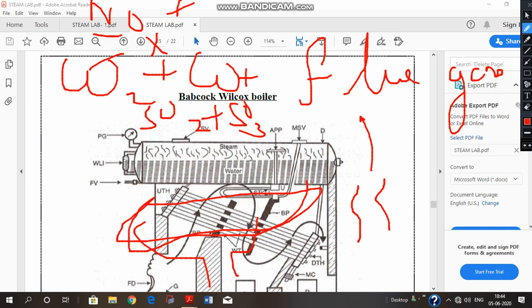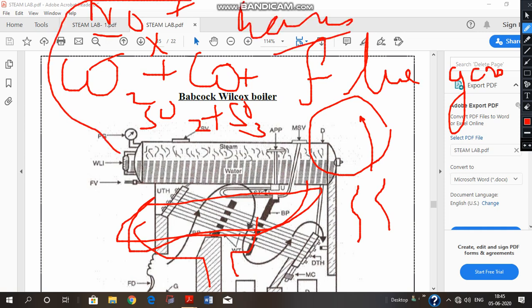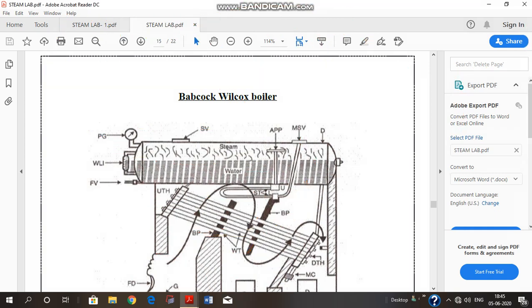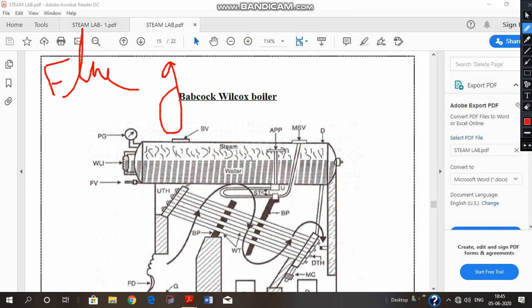And since moisture is also there, it will give rise to some other gases also. Now these are the main constituents of the flue gases: CO, CO2, SO2, NOx. Now what is the important characteristic of flue gases? These flue gases carry a lot of heat. This concept is important from our point of view. They carry a lot of heat.